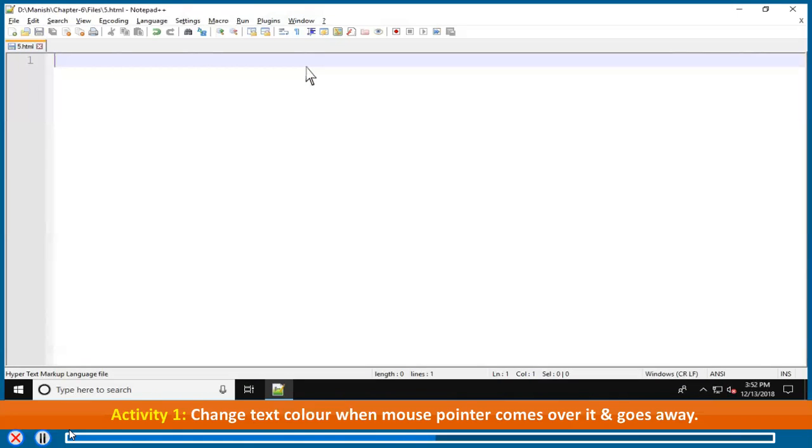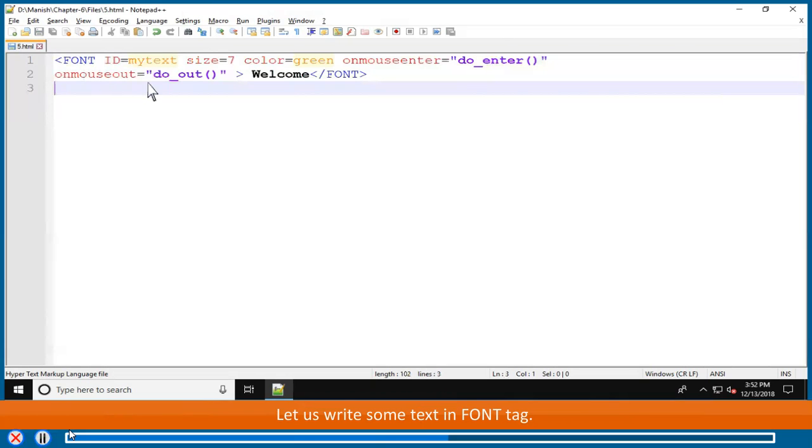Activity 1. Change text color when mouse pointer comes over it and goes away. Let us write some text in a font tag. font id="mytext" size="7"